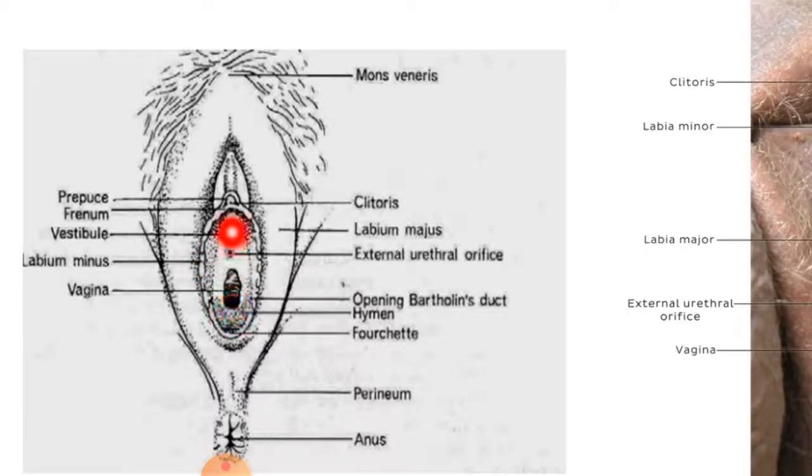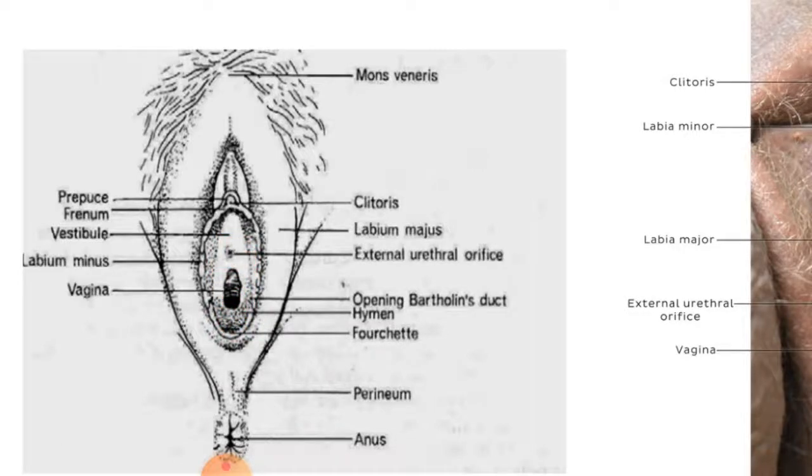And this cleft here, cleft means separation or division, and we can say that the separation between these two folds of the labia minora, this area is called the vestibule, and the vaginal orifice here, this is the vaginal orifice, urethra, this is the external urethral orifice, and the ducts of the greater vestibular glands open into the vestibule.